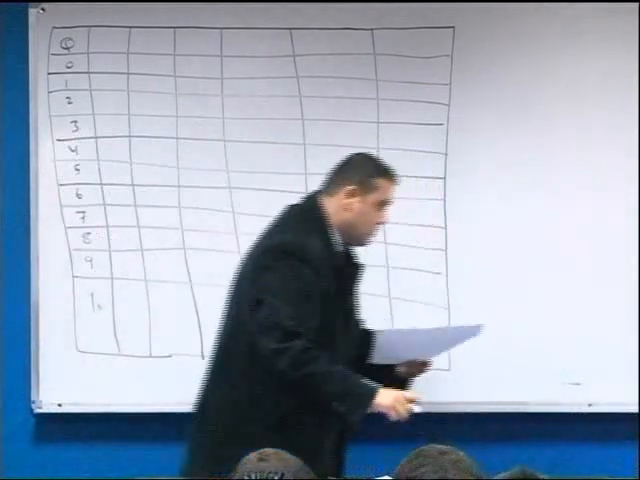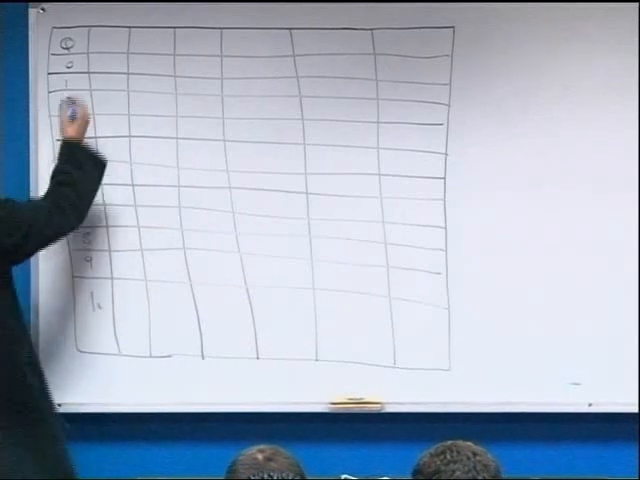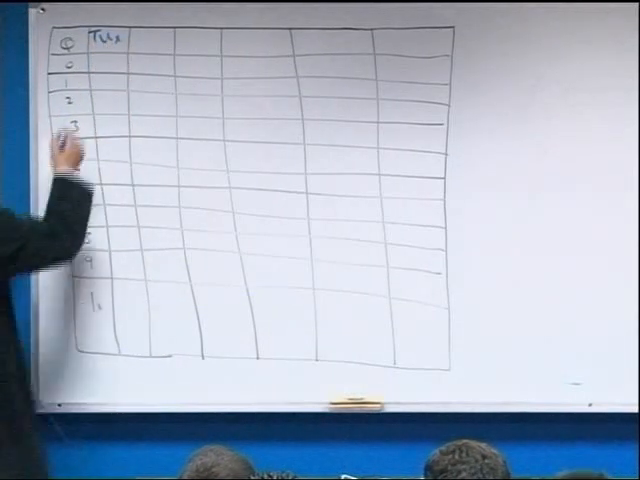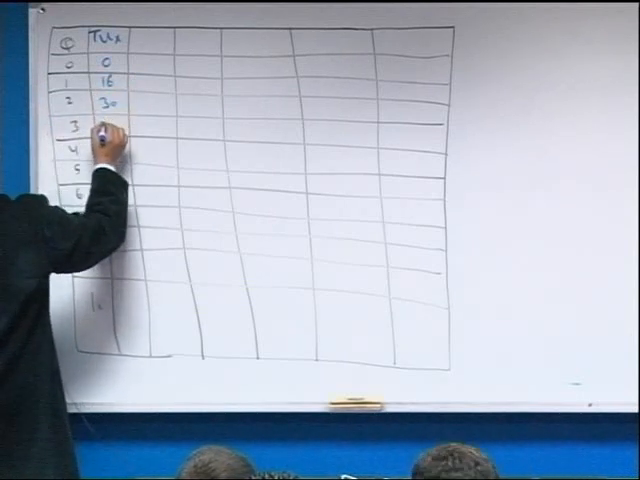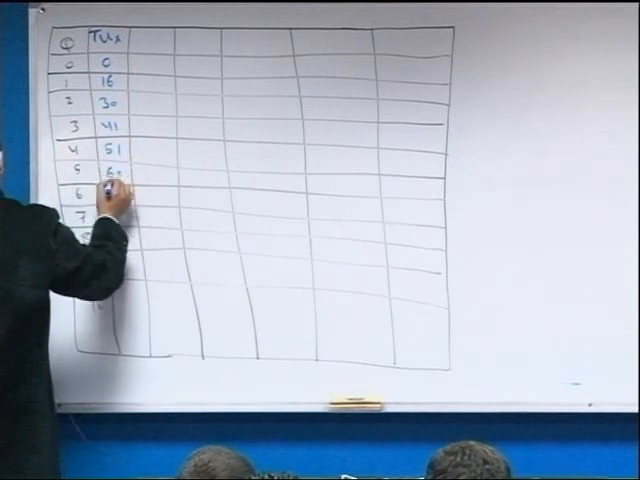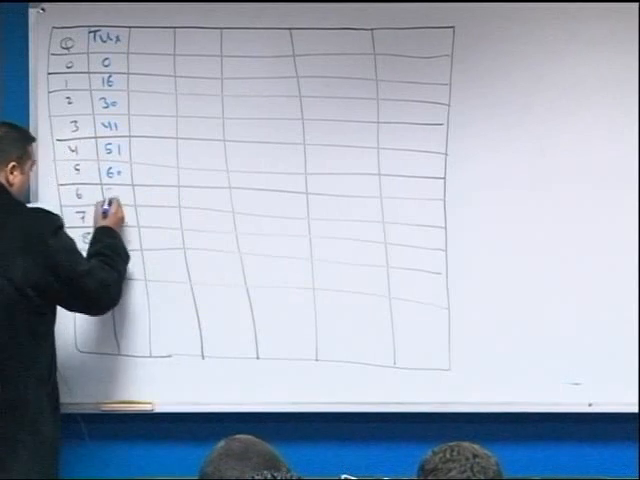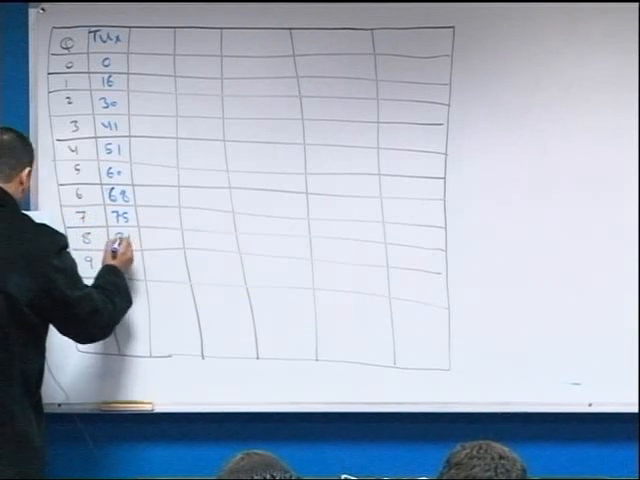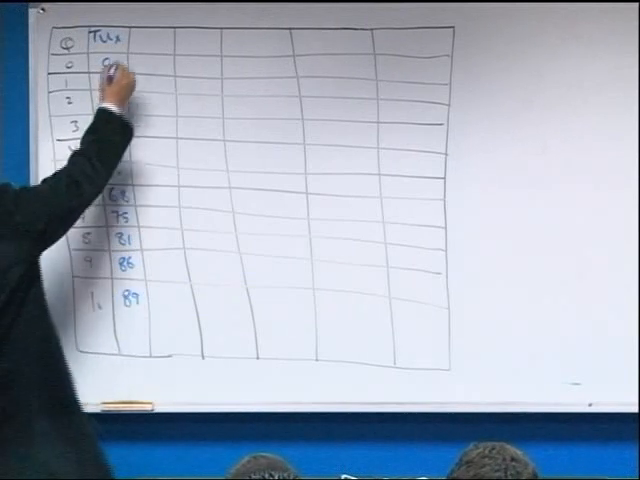Suppose that this is the total utility of X: 0, 16, 30, 41, 51, 60, 68, 75, 81, 86, 89. The total utility of Y,